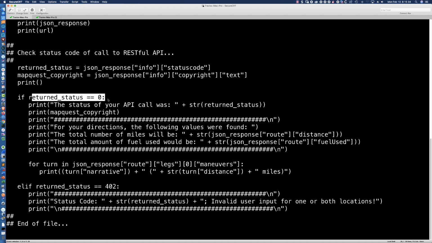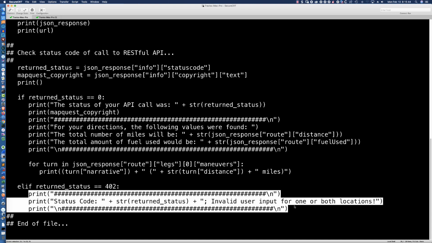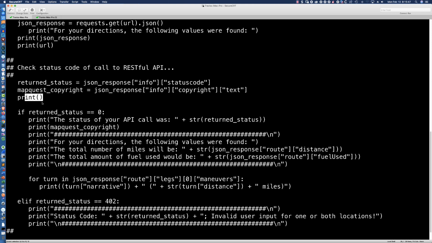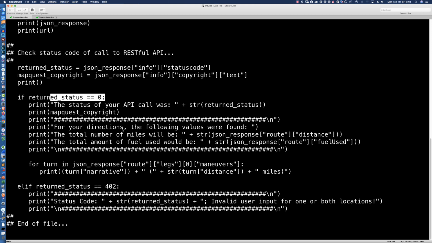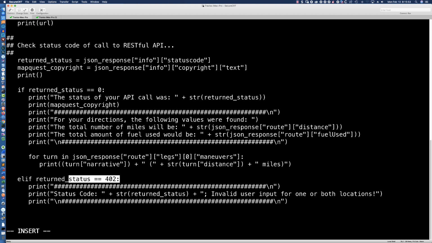Now, if that is not true, else check to see if this is true. Is the status code or the return status equal to 402? If it is, we're then going to print that information out. But if it's not 0 and it's not 402, we want a catch-all down here. And we want that catch-all to be